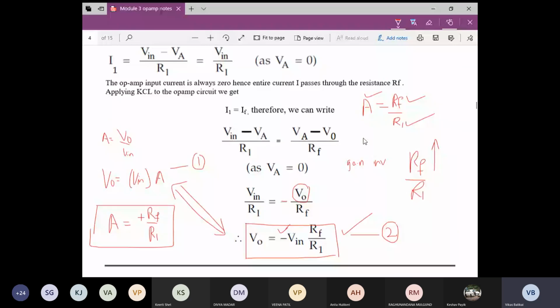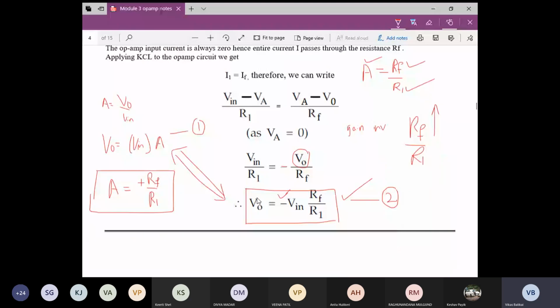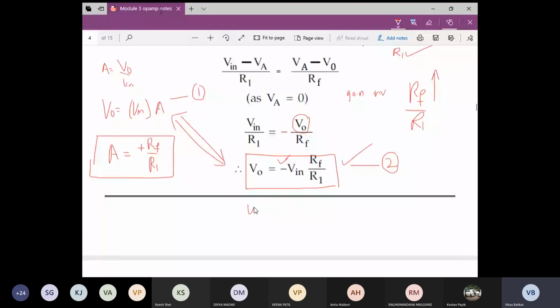And then once you calculate all these things, I can easily calculate the output voltage. Of course, output voltage na easily calculate madabahudu yakandre V in beku nanage output voltage calculate madak, and then gain beku. That is my RF by R1. So basically this entire thing, whatever you can see on screen, V0 is equal to V in times A. So illi there are 1, 2, 3, 4 parameters, and any 2 or 3 parameters can be given to identify the 4th parameter.